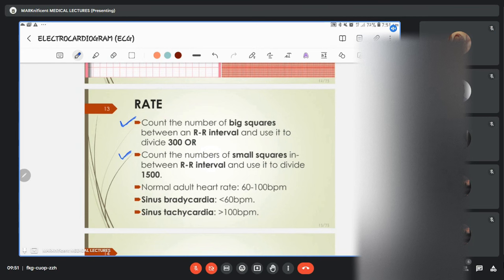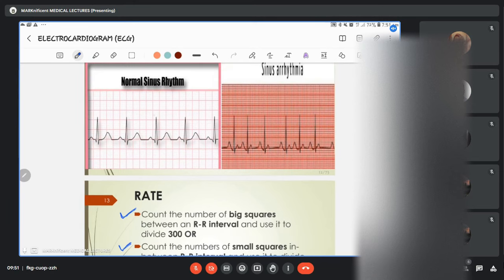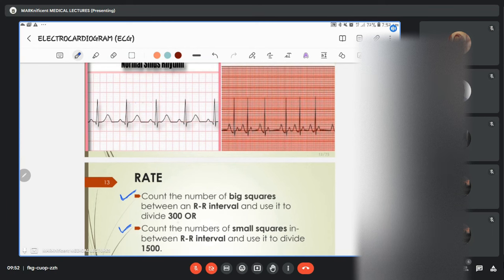So if I have the ECG without seeing the patient, I can still know his pulse by what? Counting the boxes between the RR interval. These boxes here, between the RR interval. And then by the time I count the boxes, the 5 big boxes, I mean, the 5 big boxes or squares. So we'll have 1, 2, 3, 4, 5. And then I divide 300 divided by 5. That will give me something like